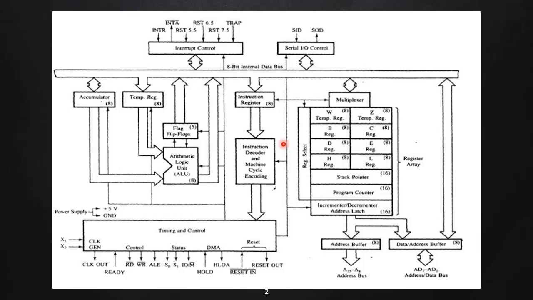Now in this block diagram, a very important part is the flag. We already studied this in the generic microprocessor. We have two flags, they are sign and zero. But in the 8085 microprocessor, we have 5 flags. And those 5 flags are called the sign flag, zero flag, auxiliary carry flag, parity flag and carry flag. So now we have to study the meaning of each and every flag in detail. But before doing that, let's have a look at the functional block diagram.